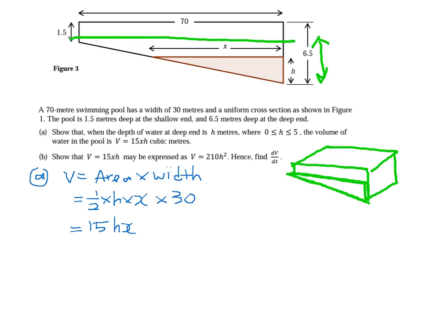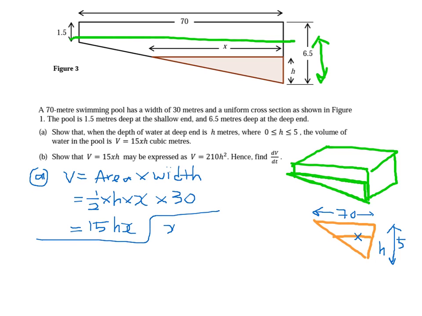So for us to respond to part B here, we just focus on the triangle. Let's illustrate this here, the triangle, and the volume of the water somewhere here could be up to 5 meters in depth, but here it is represented by the height or depth of the water, h. This is x, but the larger triangle, this is 5, whereas here is 70 from one end to the other. Using similar triangles, we should be able to see that